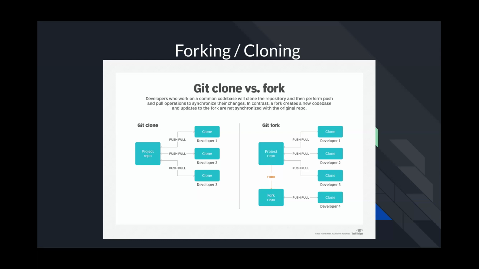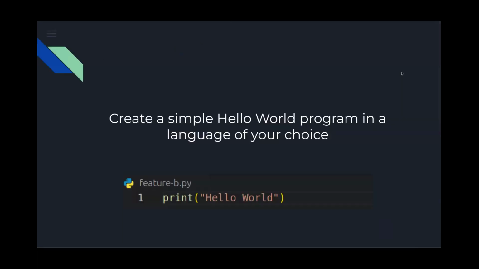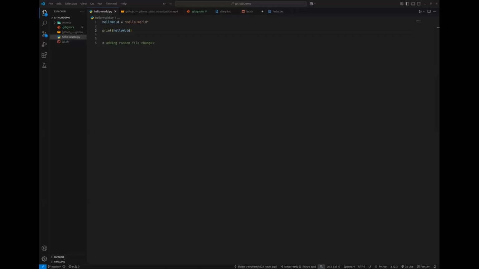But what if there is no project? What if you have your own project that you want to make? And that's what I want to talk about first. I did want to give a little overview of this, but I think it's much more important to understand how to make one. So let me switch my screen here. And I'm going to go over to a directory that I'm going to work in to create a new little repository here. So you guys can see my code editor right now.